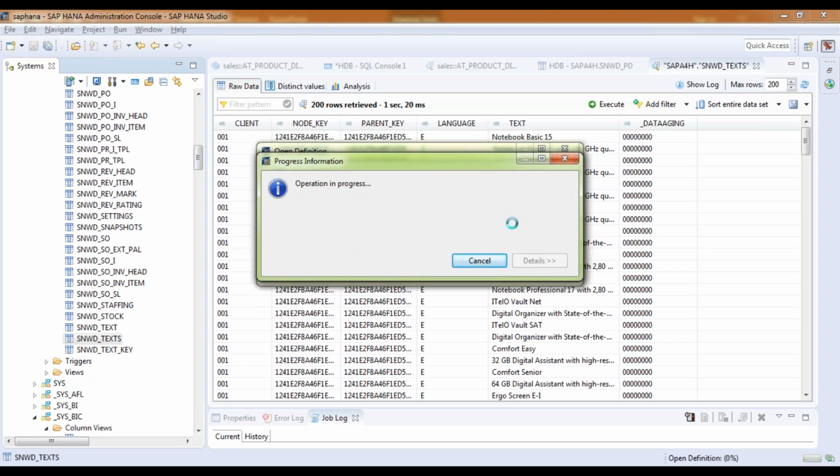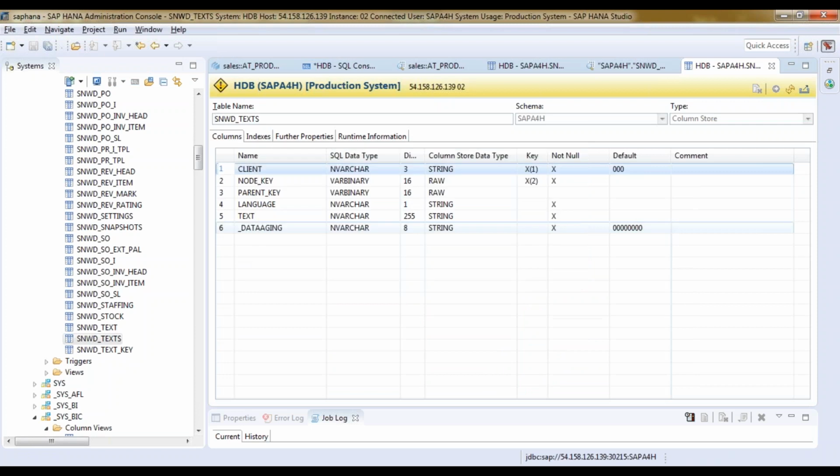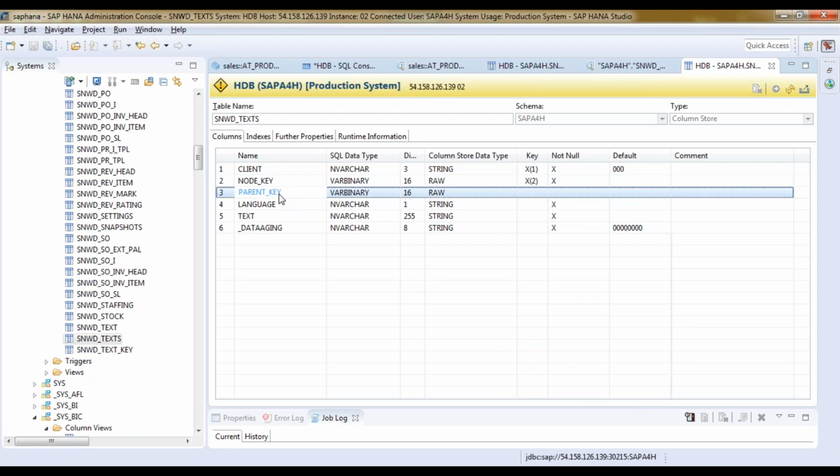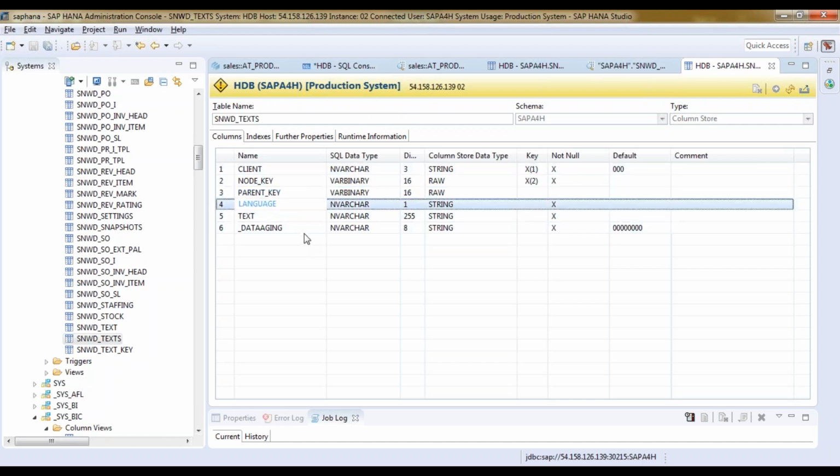So I can now read the description of the product from another table, and you see here again this is a primary key, and the parent key is going to connect to your product table. So this is a foreign key relationship. The parent key of this text table has a relation with the product table. So let's quickly write a join query and pull the information about product for English language, all the product